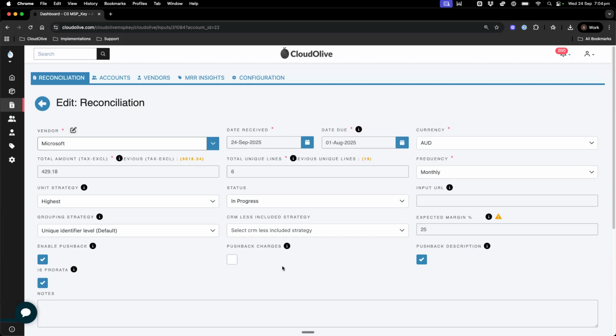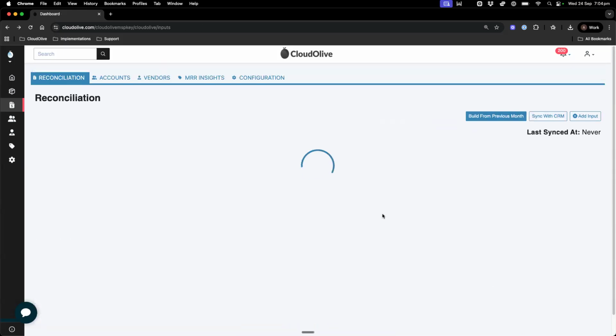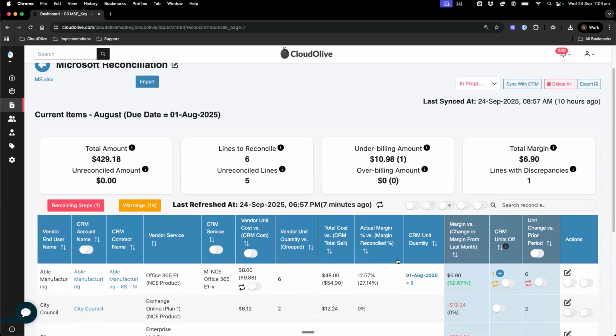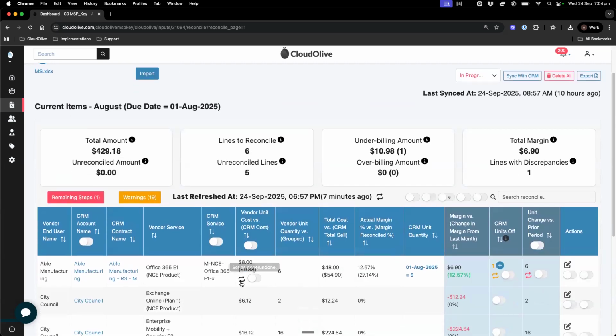Charges are a way that you can push one-time consumption-based items into the relevant PSAs. Pushback description, when on, will do a couple of things. Inside here now, you'll see three different toggles. The two that we've known forever are pushback on unit cost and pushback on unit count. They're doing exactly the same things they've always been doing. This only displays, just as a reminder, if the unit cost and the unit cost inside the CRM on that singular CRM service don't